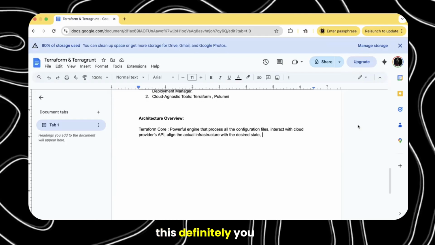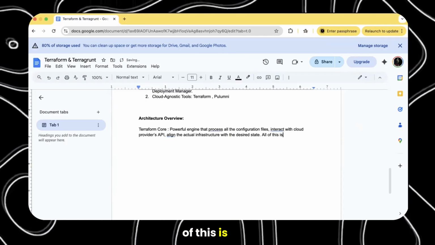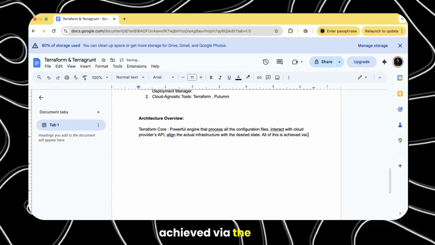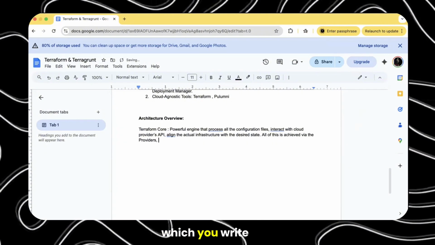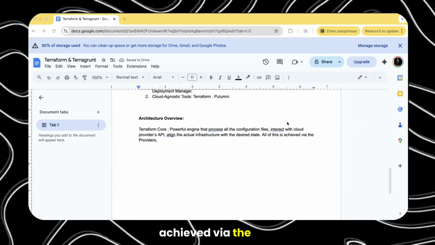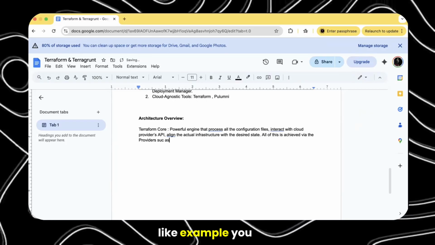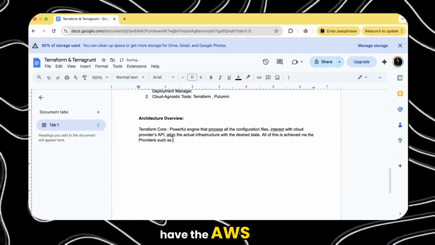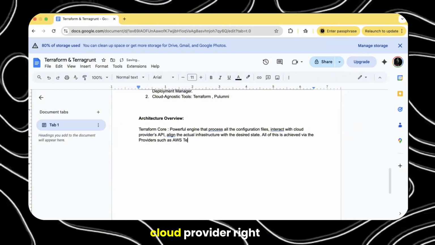Now all of this is achieved via the providers, right? There are the providers in Terraform which you write. For example, you have the AWS Terraform provider, you have a cloud provider, right?